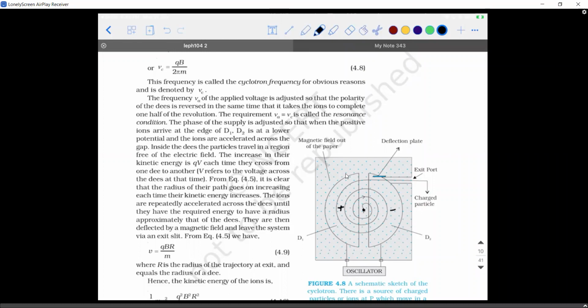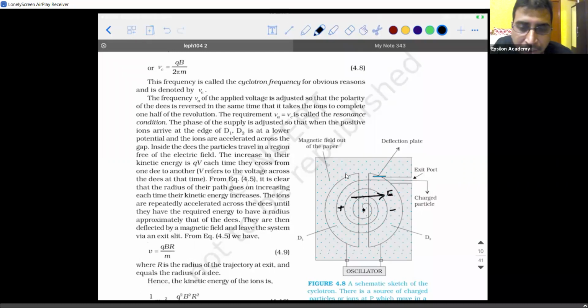The negative side will attract it. Yes. So there will be an electric field in this direction. Due to this electric field, the particle experiences a force in the direction of the electric field. When it experiences a force in the direction of the electric field, it starts attaining some velocity. Correct? The direction in which it is attaining the velocity, if you observe, is perpendicular to the magnetic field, because here these dots represent the magnetic field. Dots represent that the magnetic field is towards us. So velocity is in this direction, magnetic field is towards us.